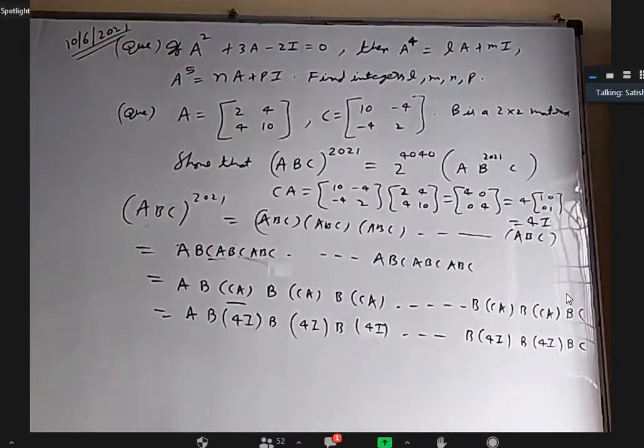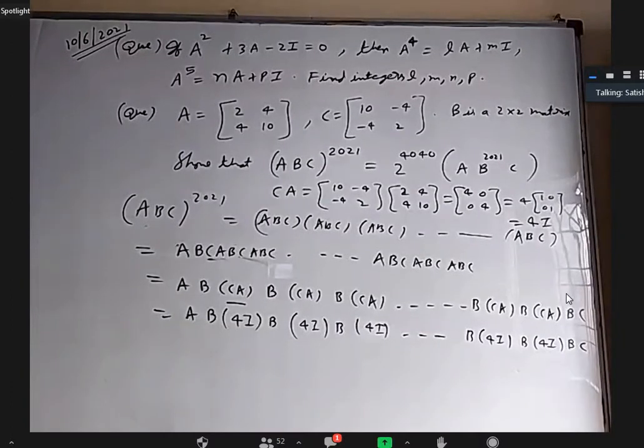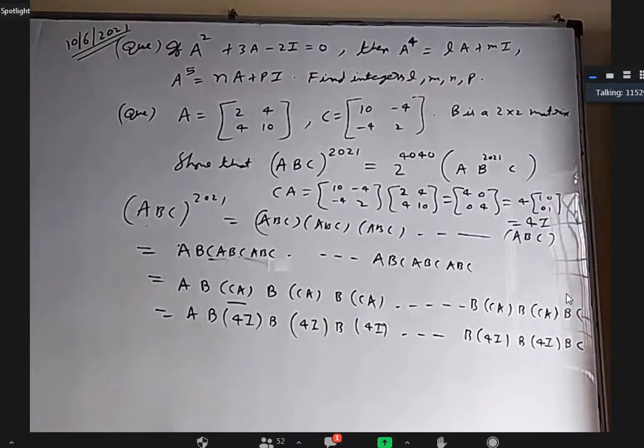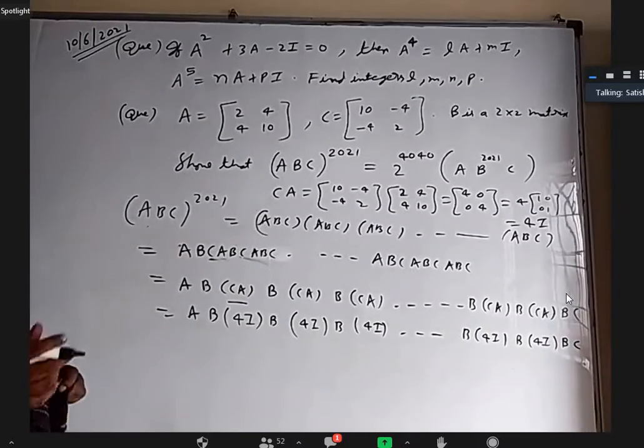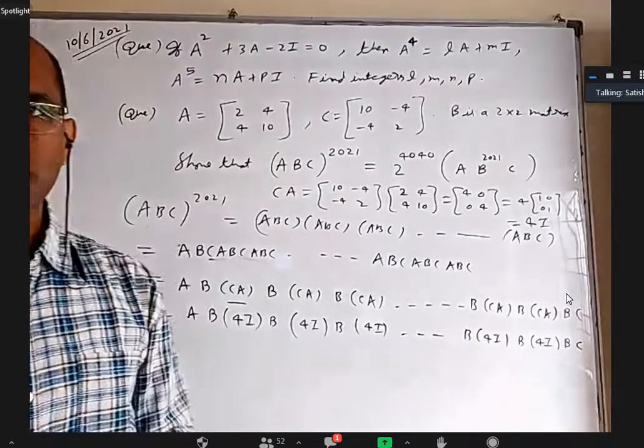I got like that? 2021 times. Is it 2021 times or 2020 times? 2020 times. Okay. As somebody said in the beginning, instead of taking a big number, take a small number, so you'll get a better feel of that. That's very nice.